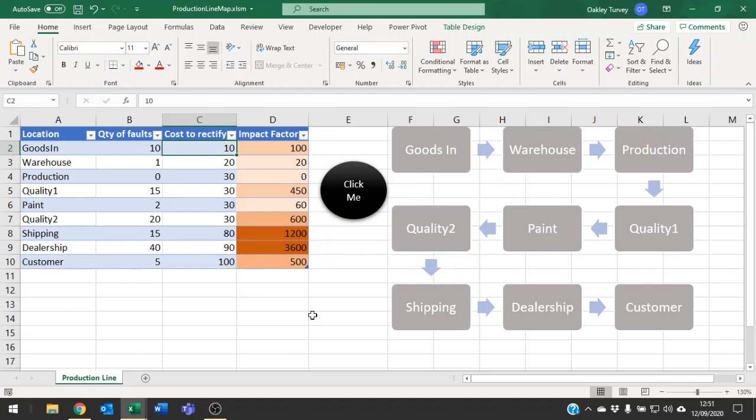or a factor that we multiply by to give us the impact of those errors which are found at the different points. So for example, if they're found on goods in, it doesn't have too much of an impact on our customers because immediately we can return them to the supplier, and if we've ordered them in enough time, it's not going to delay production too much. However, if we find them at later stages in the production, like for example if it's the customer who finds them, that actually has a big impact on our reputation,